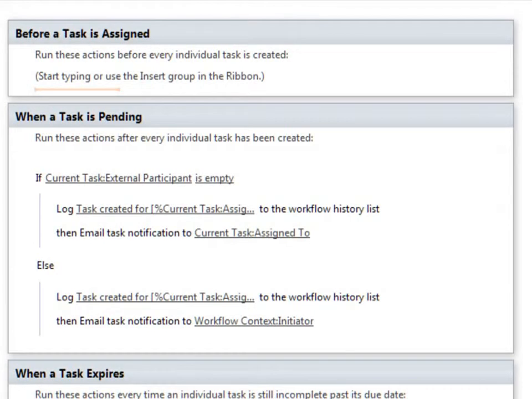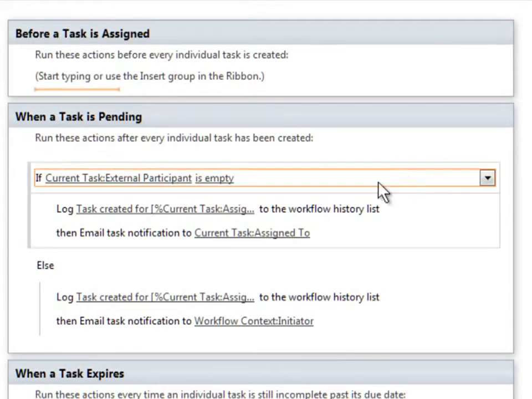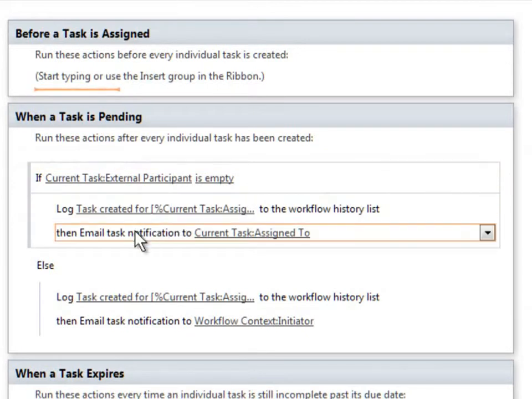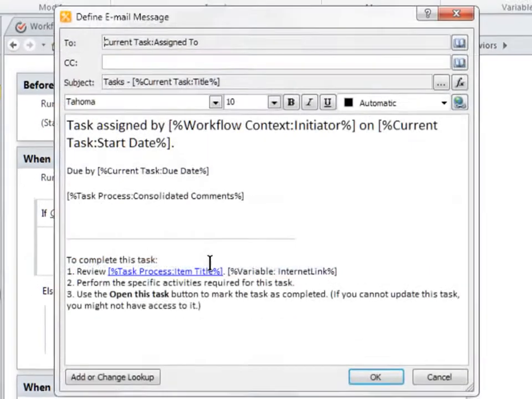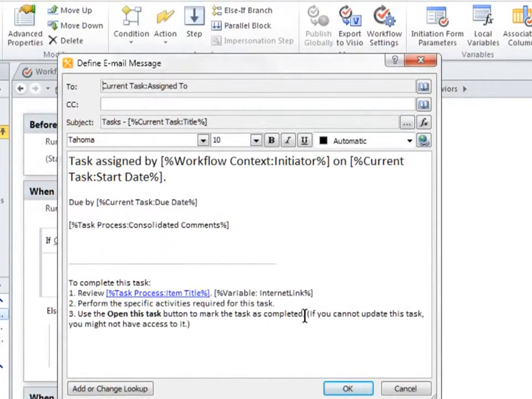variables. For my custom workflow, I want to edit the email that gets sent when the task is first assigned. So next to Email Task Notification, I click Current Task. In the Define Email Message dialog, I'll remove some of the text about problems accessing the task list and instead add a new step about who to contact if they have problems, specifically the person who set up the workflow